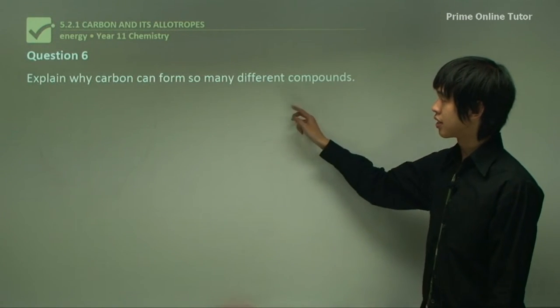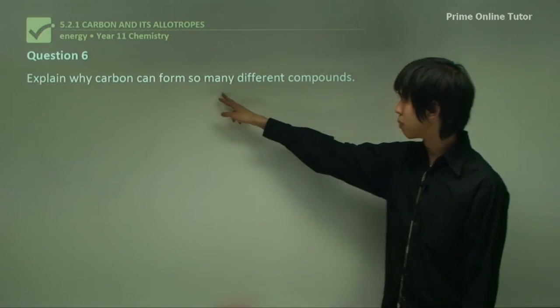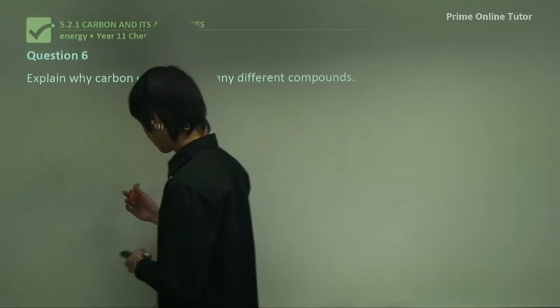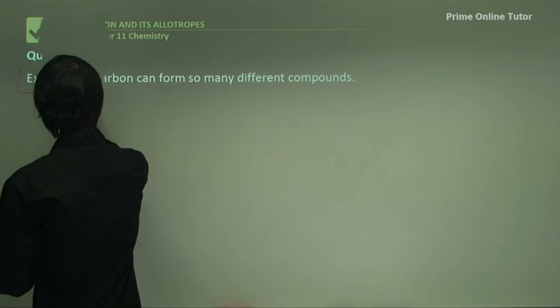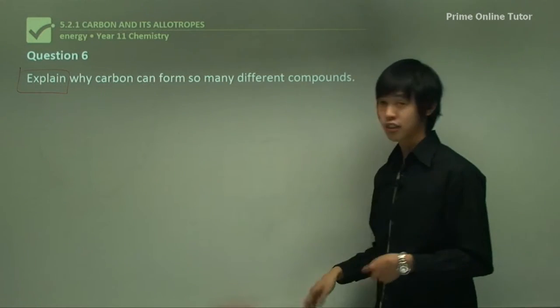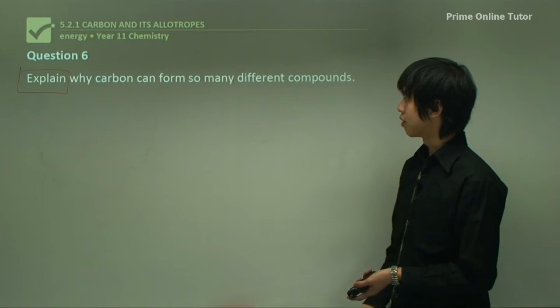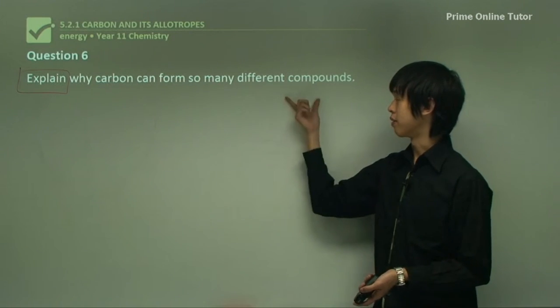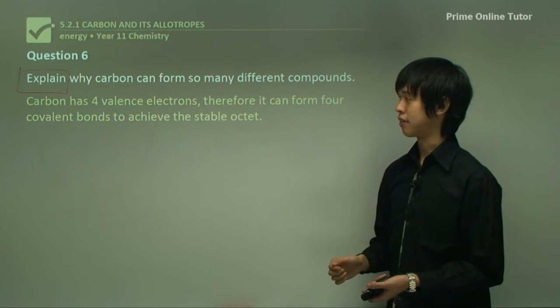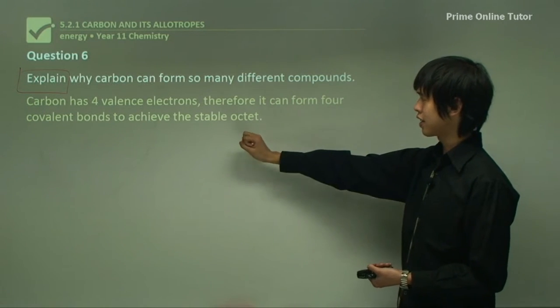And the last question is, explain why carbon can form so many different compounds. And for those who have seen many of my other lessons, we will focus on what the verb is trying to tell us, and that is the cause and the effect. So what is the cause of carbon forming so many compounds, and what is the effect? So carbon has 4 valence electrons,